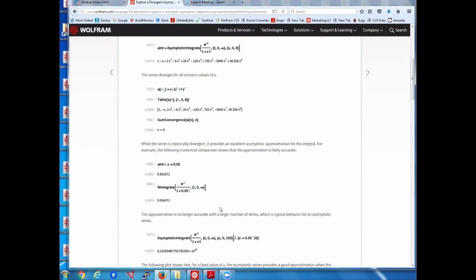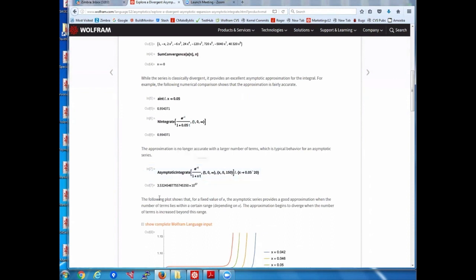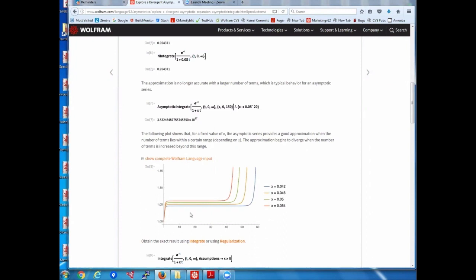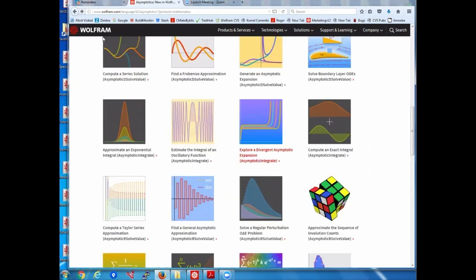Now, we are brought up to think that more is better. So if you take more terms, you get better approximations. But over here, if I increase the number of terms, things go wildly wrong. So that's what the picture over here shows you, that as you take different values of x, you get different ranges in which you have a good approximation, and then things just blow up. So that's integration. And there's also an example over there of Feynman's first integral for differentiating under the integral sign,